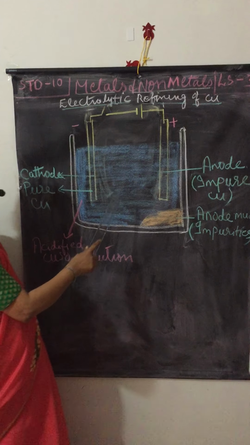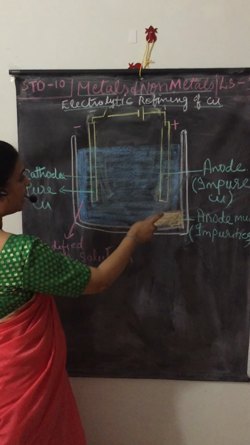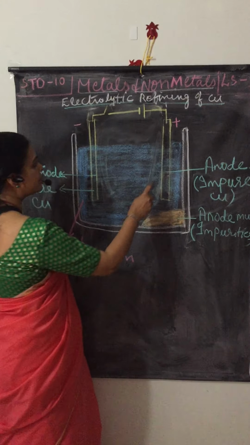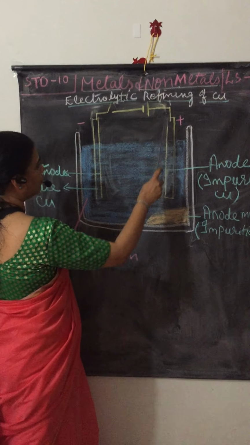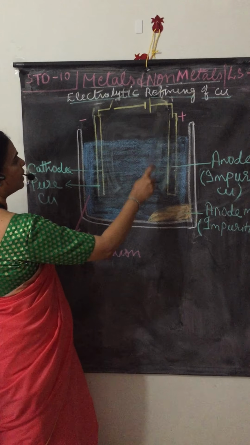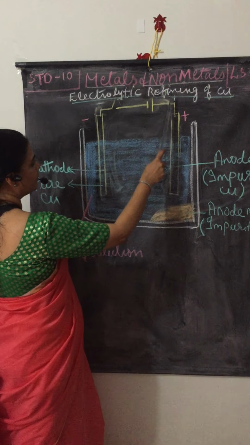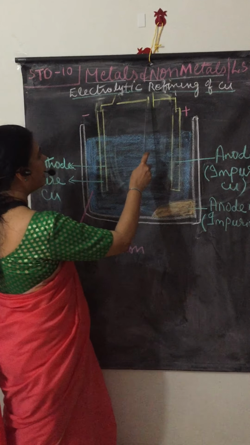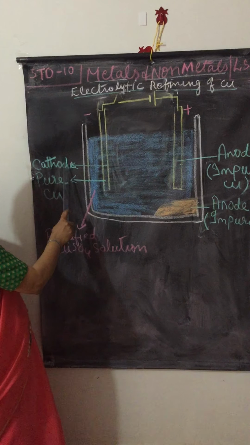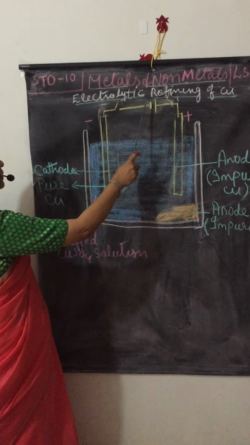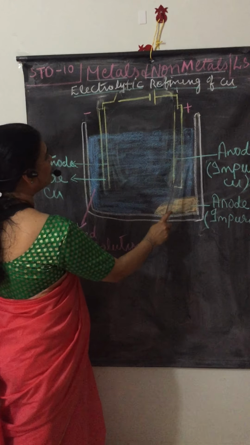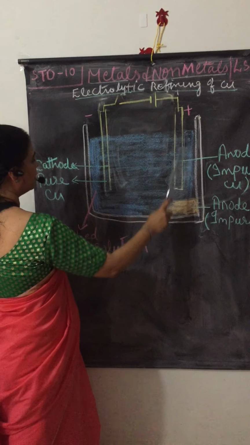Now when you draw the diagram, you have to be very careful, because the anode is not a positive electron; we can't say that. It is the electrode which is connected to the positive pole of the battery. So when you mark the anode, the big line stands for the positive pole of the battery, and the small line shows the negative pole of the battery. So the cathode should be connected with the small line, which is the negative pole, and the anode should be connected with the positive pole of the battery.